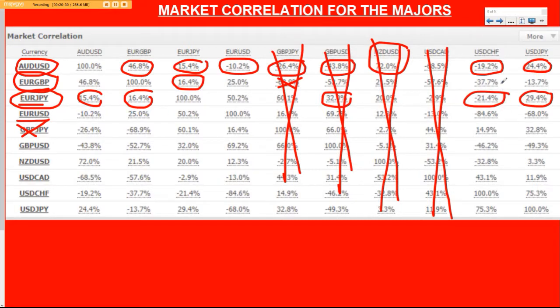So right across, I can't take that one. That one is gone. And I can't take that one. That one is gone as well. So far, if I'm going to take this one here. So let's see. GBP, that's gone. New Zealand USD, that's gone. USD CAD is gone. USD Swiss franc is gone. And USD Jappy is gone.